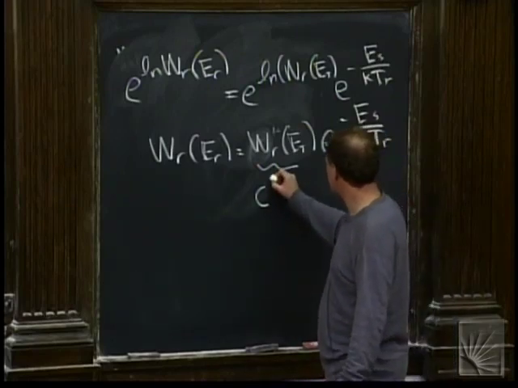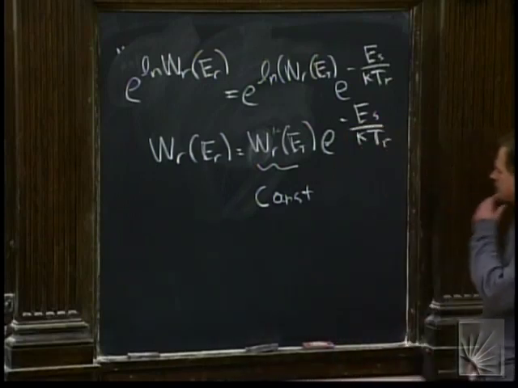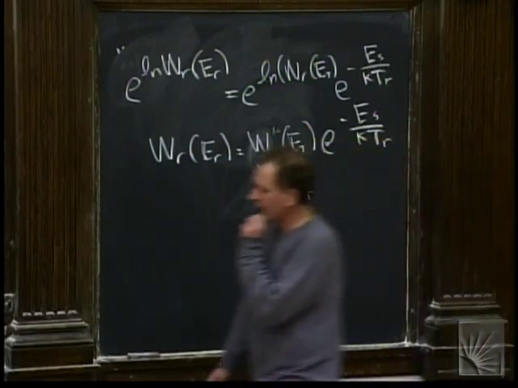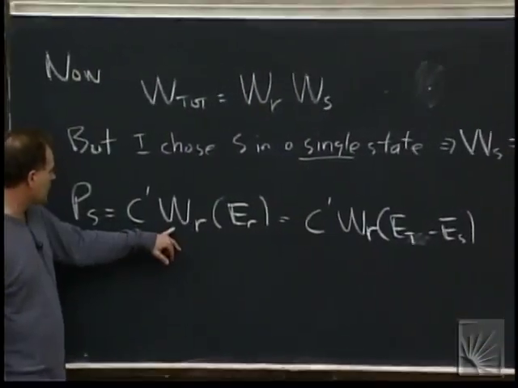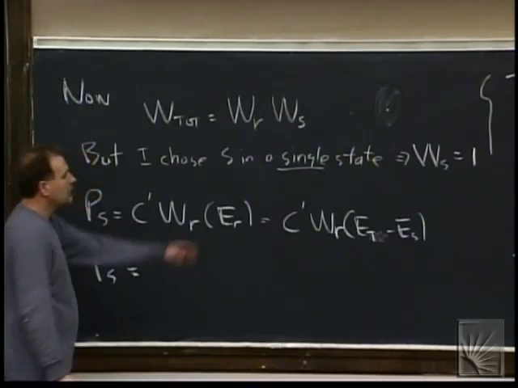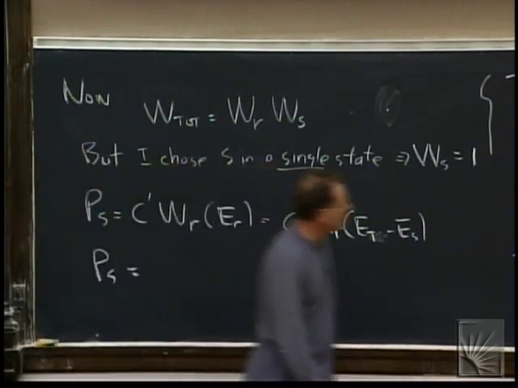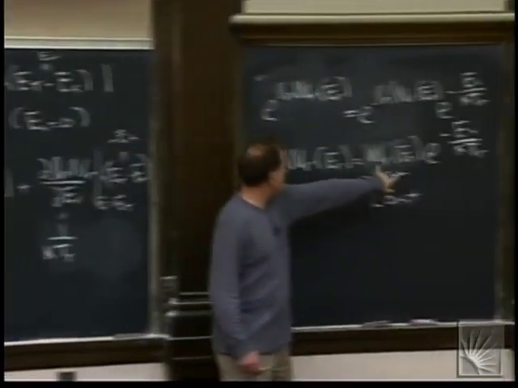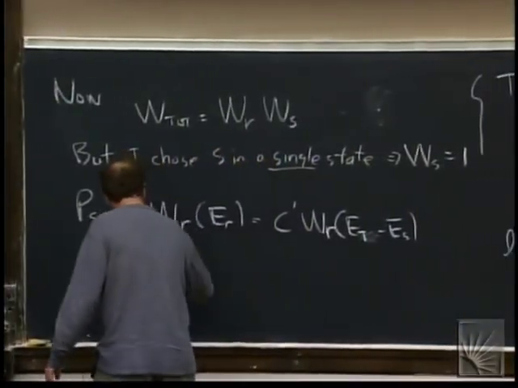Which we'll call C. Well, that's just a constant. And we had that P of S, the probability of state S, was C prime times W_R of the energy at R. So finally, using the value from over there, calling this constant times C prime just some new constant C,